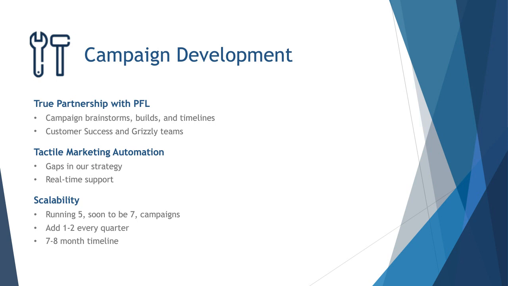In all honesty, it did take us about 6 to 8 months to get to this point. We had to first realize what we were doing wrong with our ABM strategy and how we were using direct mail, and a lot of that was just following PFL's leadership. The more we worked with them, the more comfortable we got with being experimental and throwing new campaigns into gaps that we hadn't tested before. We've gotten to a point where we can throw stuff in, be confident about it, and let it run for a while, and we can keep coming up with new ideas.